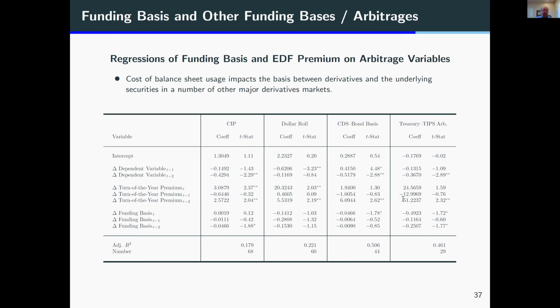But bottom line is, again, this is circumstantial evidence. This is not causal in any way, shape, or form. But it does suggest that there is mispricing. Whenever we've documented mispricing between the underlying security and the derivatives, let's call that a basis, there's evidence that there seems to be some commonality that might be related to these measures of balance sheet usage. This may ultimately be an important factor in explaining why our derivatives models may not always be working